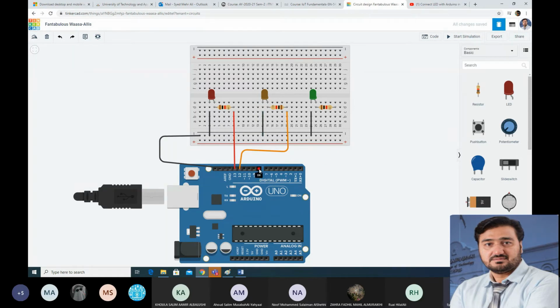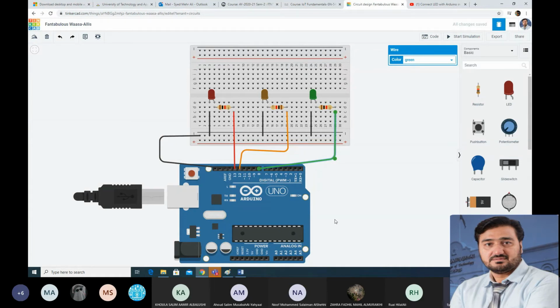Then I will use port number 8 to connect the green LED. Now you can see I have connected the red LED with port number 13, the orange LED with digital port number 12, and the green LED with 8.